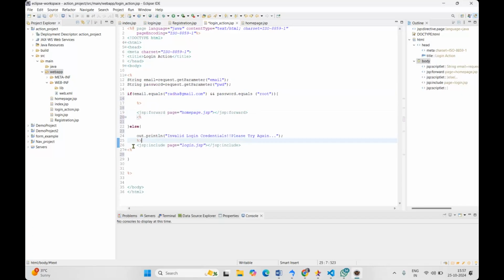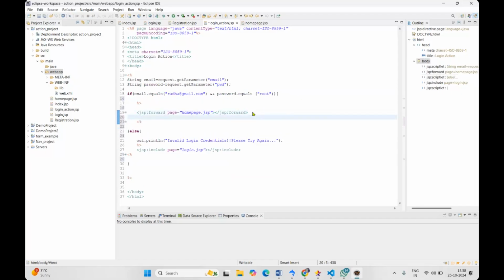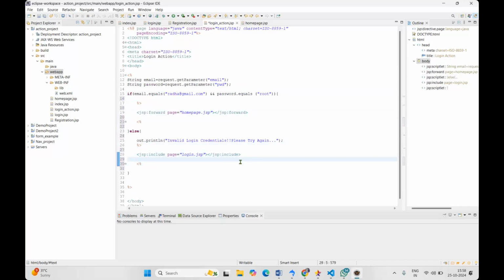the scriptlet tag and I'm writing my JSP action tag here. Again, when I am writing my Java code, I have opened my scriptlet tags and I closed it. Wherever we use our Java code, we need to write it in between our scriptlet tags itself. So I am ending here, and again after our action element, I am again opening the scriptlet tag. So don't get confused, just see carefully and try it once by taking some examples, so you will practice